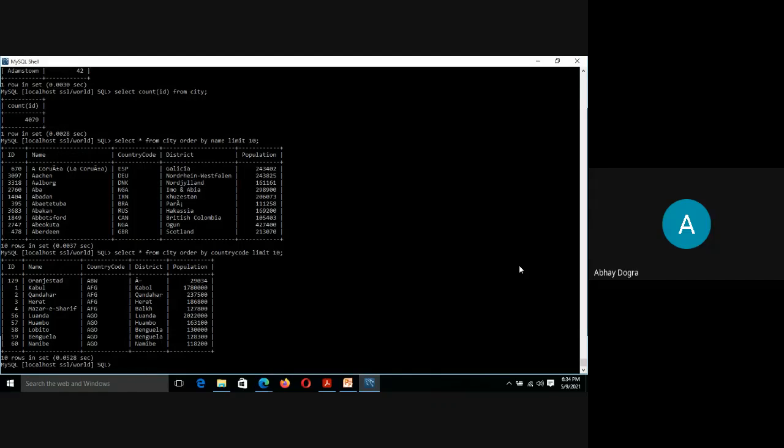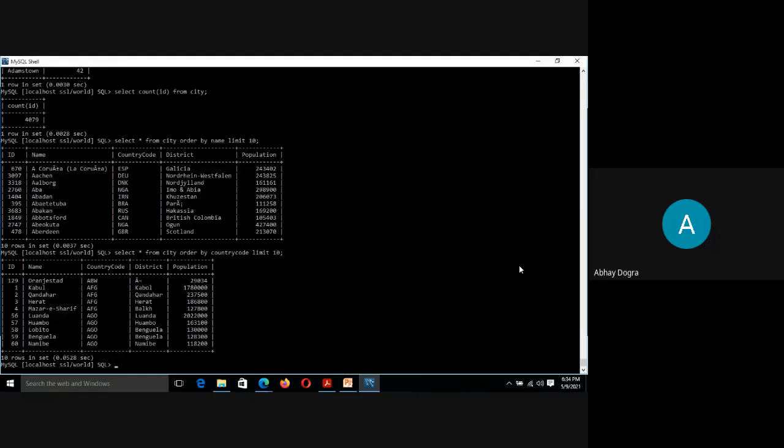Now we have this query where we are using the order by clause. I believe everyone knows what it is. We have sorted in Excel too, we have used the sort function. What does the sort function do? For your field or column, it sorts all the values of that column in ascending or descending order, isn't it? So the same is here.